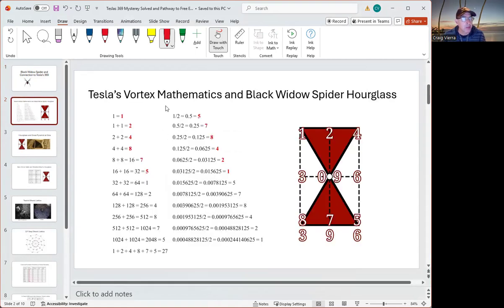So in the last video, I showed you vortex mathematics, doubling and halving of numbers, and how you get a six-digit repeat when you double the numbers, and there's no 3, 6, or 9 in that pattern. So it will go 1, 2, 4, 8, 7, 5. I talked about digital roots